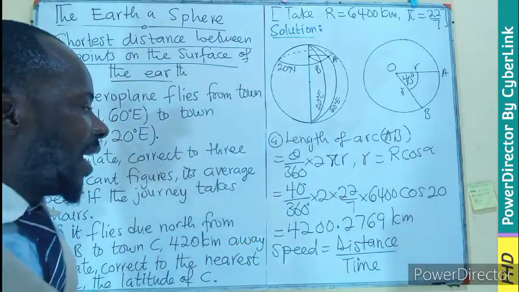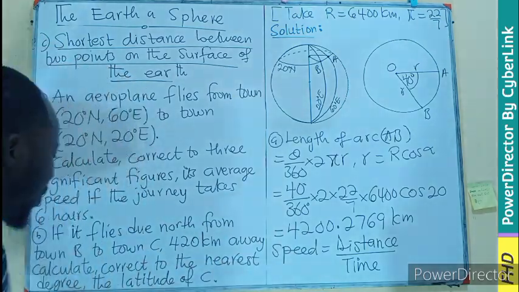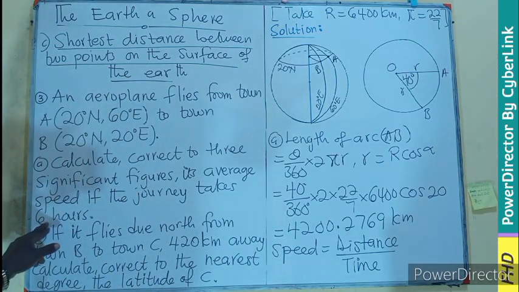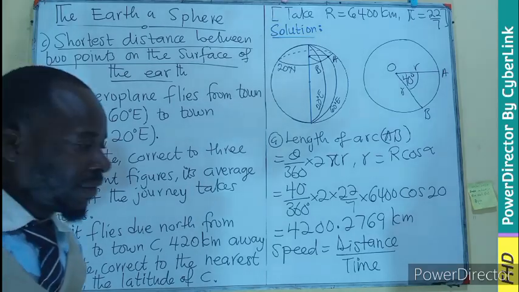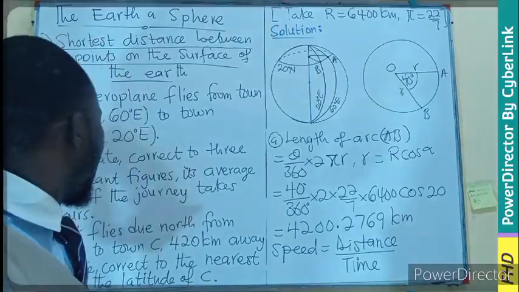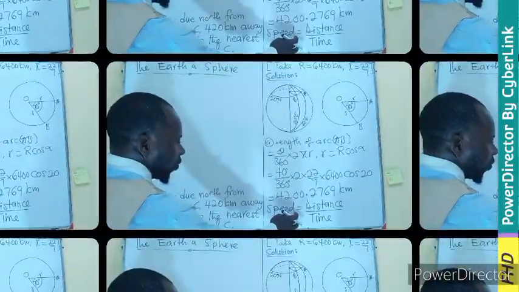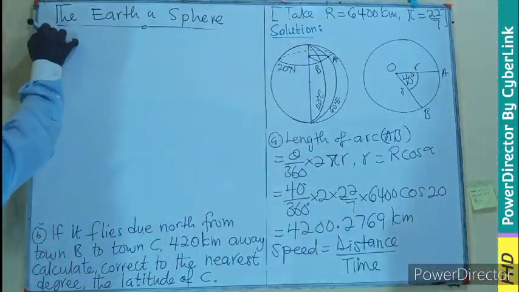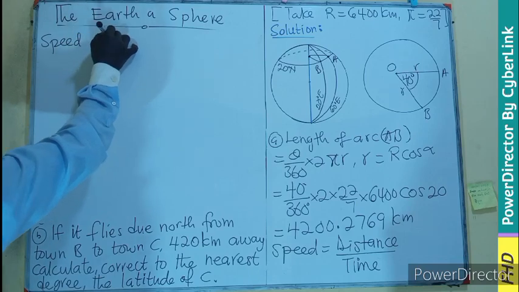So we are going to divide this distance by what? 6, what do you call it? We divide it by 6 hours. So we put in this value divided by 6 and see what the speed will be. So from here, we have our speed equals to